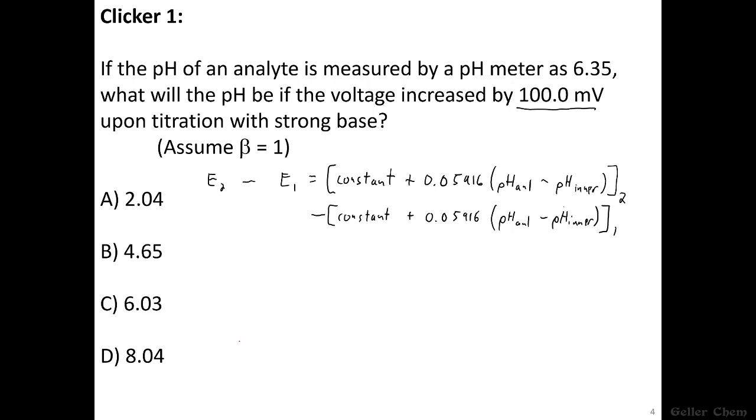And when we have everything lined up like this and have that subtraction sign, you can hopefully see that some of these terms will cancel out. We don't know what the constant is, but we know that it's not going to change between the first and second reading, or that would be a terrible constant. And so a number minus itself is 0. We can do the same for the pH of that inner solution. We don't know what it is, but it's supposed to be kept constant based on the notes we discussed earlier. Thus, all of this actually simplifies to